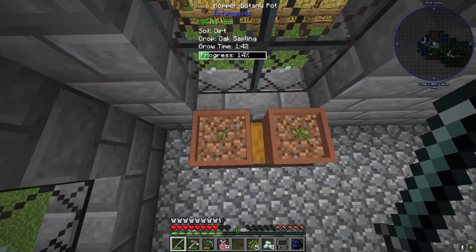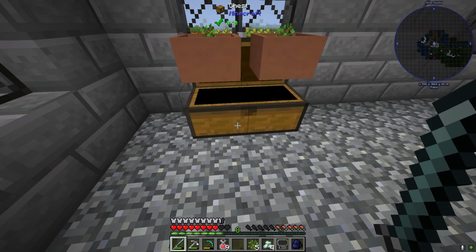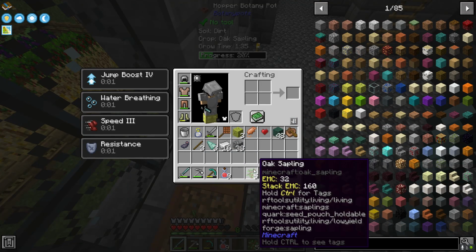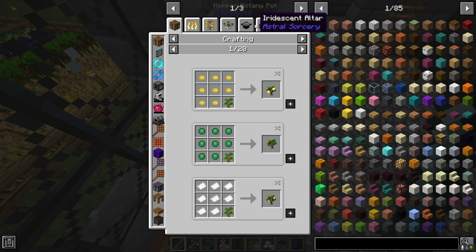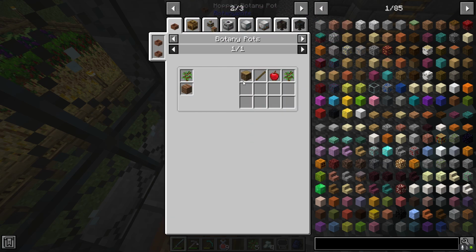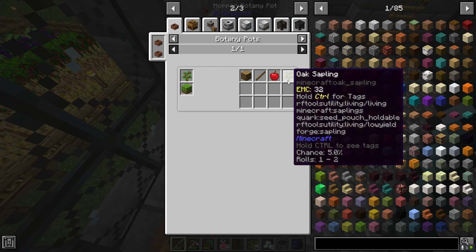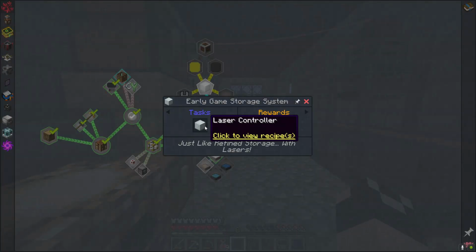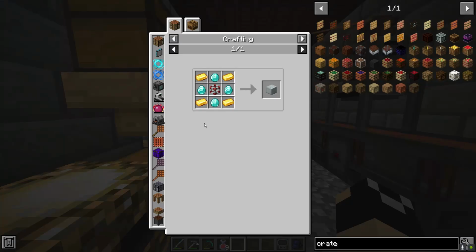Because it looks like these are going to take a little while to run. And that way we can start building up some oak wood and sticks, and what else can we get from this? Yeah, oak wood, sticks, apples, and oak saplings at this point. But what I would like to push into is...